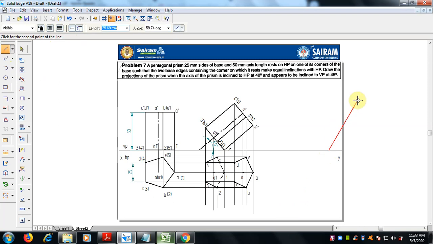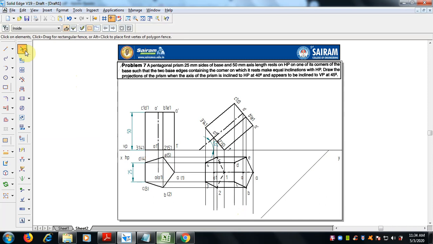So if you give 45 degrees, it will go here. For convenience, we will do it like this, below the XY reference line. Either you can draw 45 degrees in this direction or this direction, no matter, nothing to worry about.